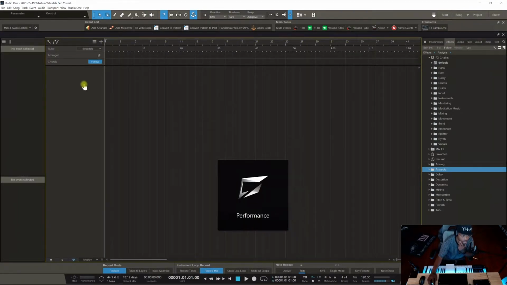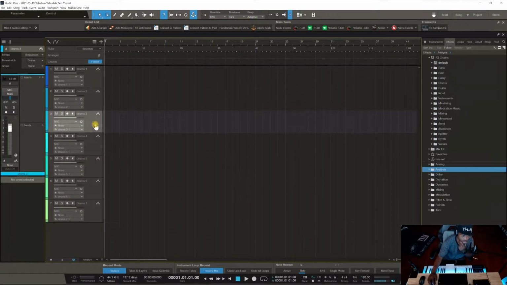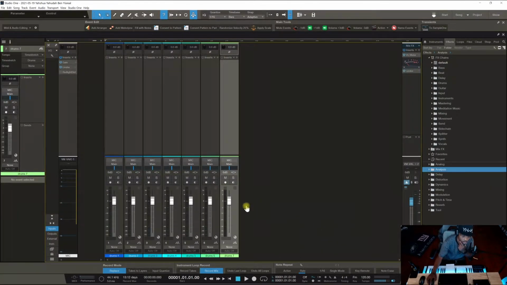Let me add a few tracks. I'm going to name these drums, add audio, name tracks, right? All the way to 7 tracks and everything. So you go to mixer. One thing about it is that